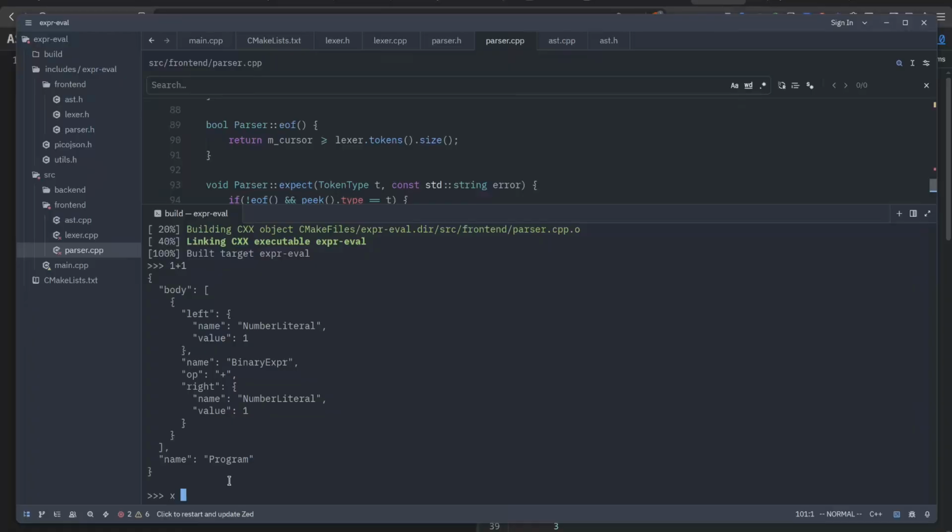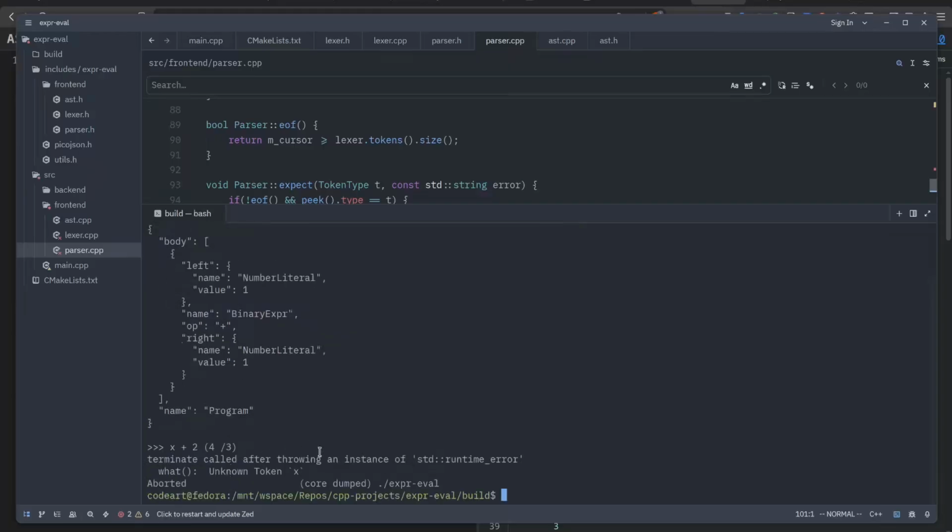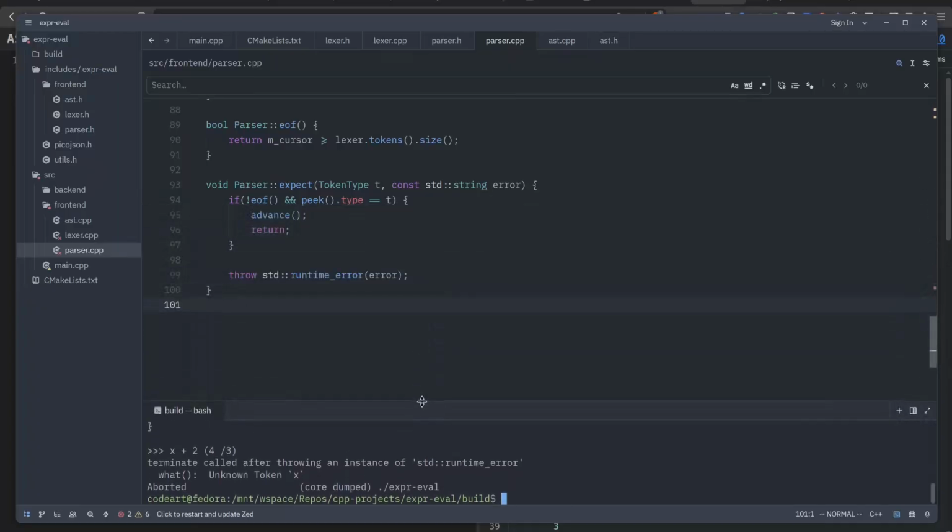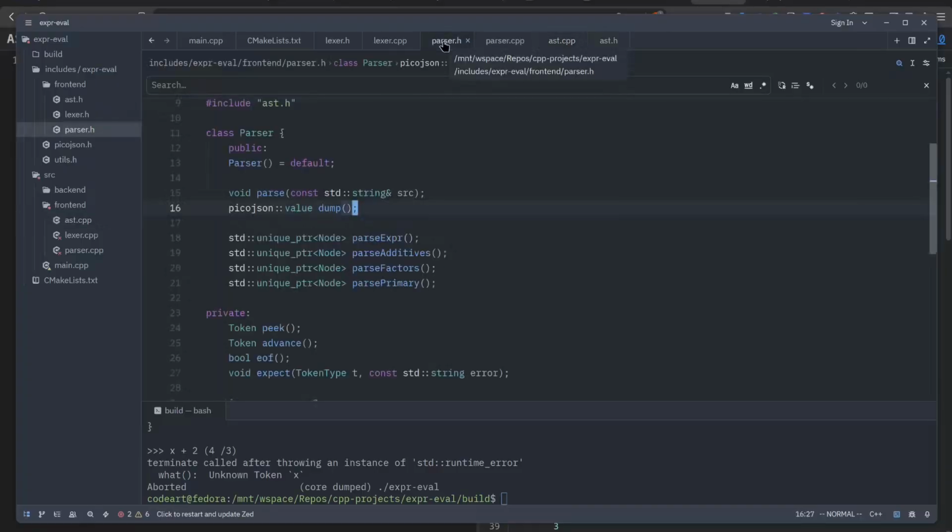So if you do x plus 2 into 4 divided by 3, oh yes. So we later added identifiers into the AST, but we failed to tell our parser how to parse